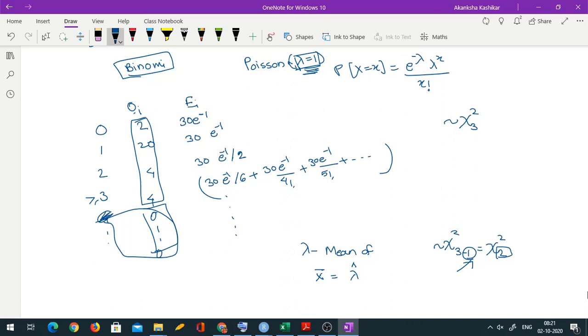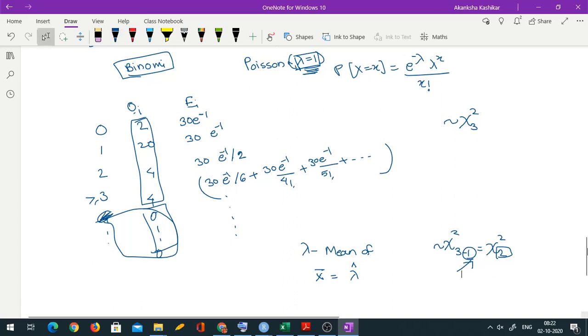So I am using data for some purpose, so I am losing my freedom. So degrees of freedom are reduced by 1. Whatever is the number of parameters, you reduce by that estimated number of parameters. So if you are doing goodness of fit for normal distribution, you would be decreasing by 2 because you will be estimating two things, mean as well as variance. So you will be decreasing the class count minus 1 by 2. Is it okay?